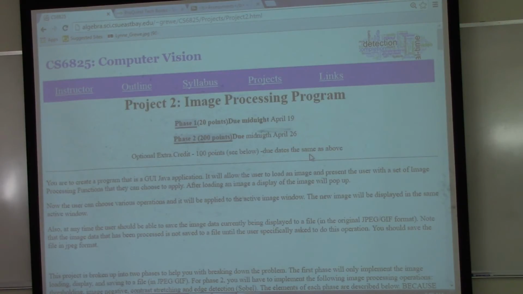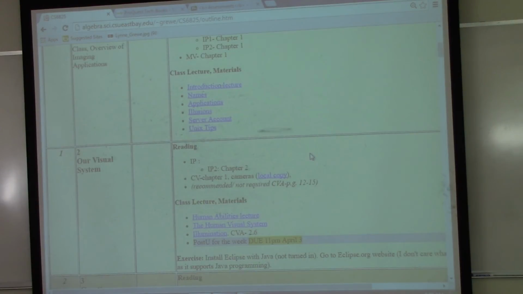Project 2 is a simple programming project. It's to make some of the very simple features of something like a Photoshop project. So you're going to learn how to load in an image, and how to do certain kinds of manipulations on that. We're not going to do drawing and all that, because we're not interested in graphics per se in this class. That's more graphics. But we'll be doing image manipulation. So to help you with that, I have an initial exercise.